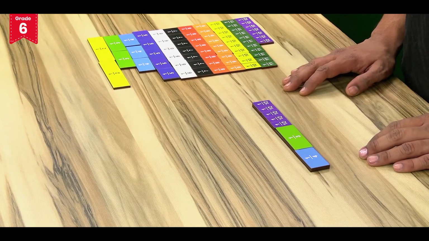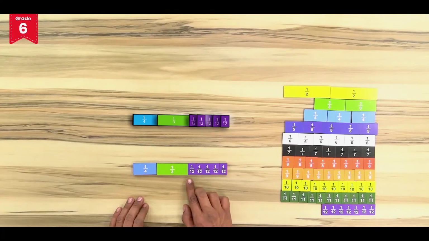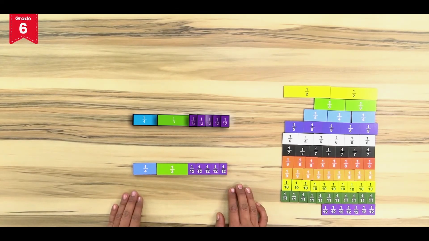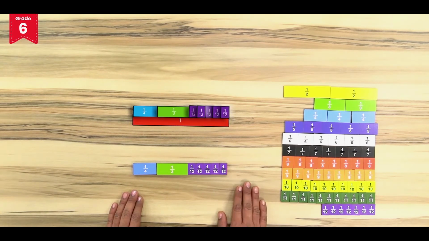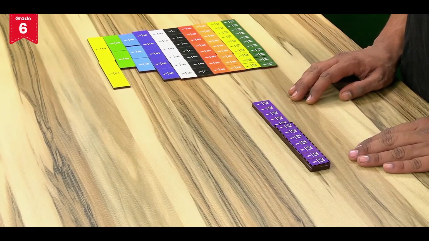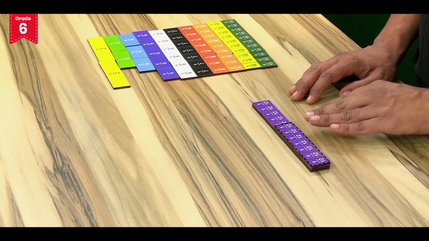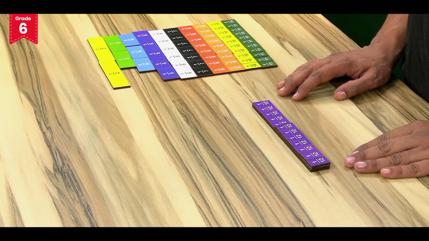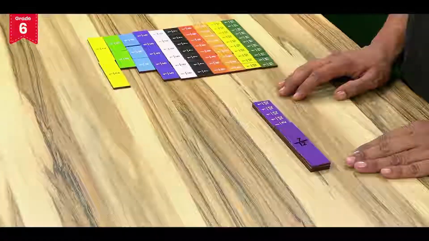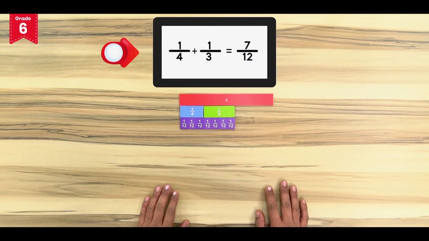We can also not fill this space using 3 white tokens marked with the fraction 1 by 6. After trying several combinations of same colored tokens, we will find that we can fill the remaining space on the red token using 5 purple colored tokens marked with the fraction 1 by 12. This means the remaining space on the red token will be filled with 5 purple tokens marked with the fraction 1 by 12, which makes the fraction 5 by 12. This means the sum of the fraction 1 by 4 and the fraction 1 by 3 is equal to the